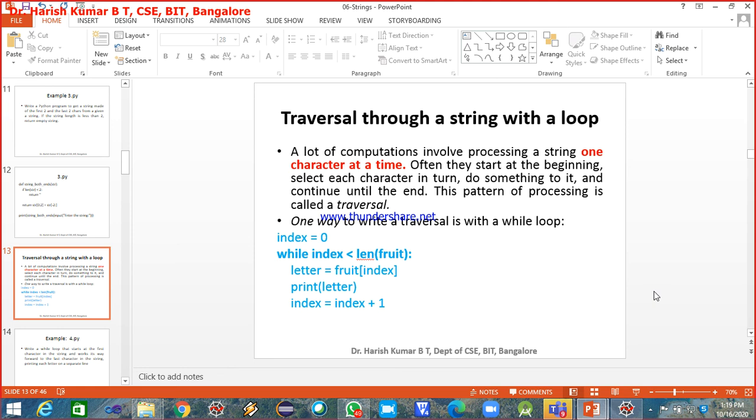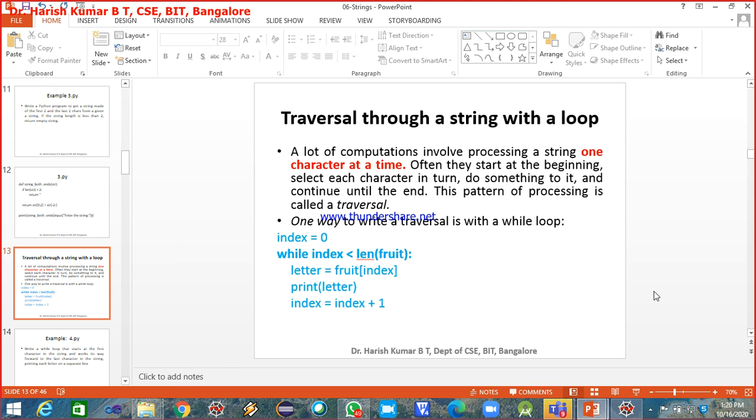Okay, so traversing through a string with a loop. This is necessary. When you are dealing with strings, it is necessary to traverse the entire string character by character and perform certain required computation. There are many ways to traverse strings character by character in Python. One way is by using the while loop.